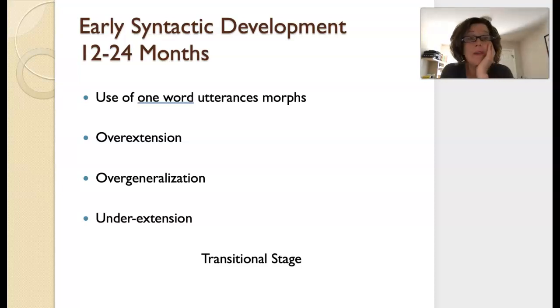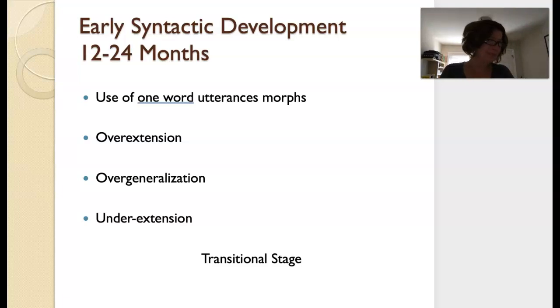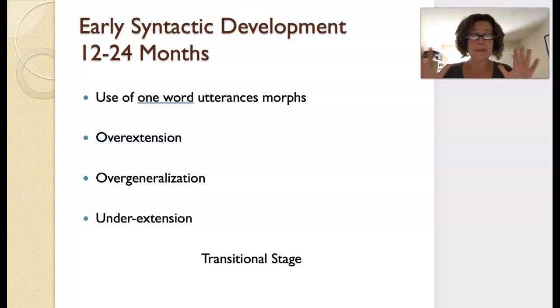They will often use these one words to make several statements. So maybe their sister is named Sarah. So they'll go, Sarah? Like, where is Sarah? Or Sarah. They're mad at Sarah. Or Sarah. They're just trying to get Sarah's attention. So they'll use these one-word utterances for different purposes because they only have, at this point, they usually have about